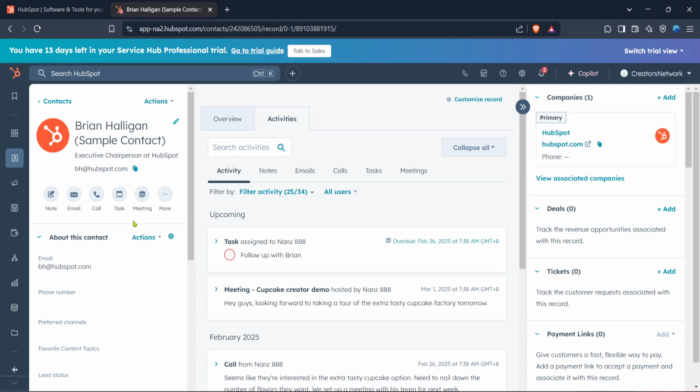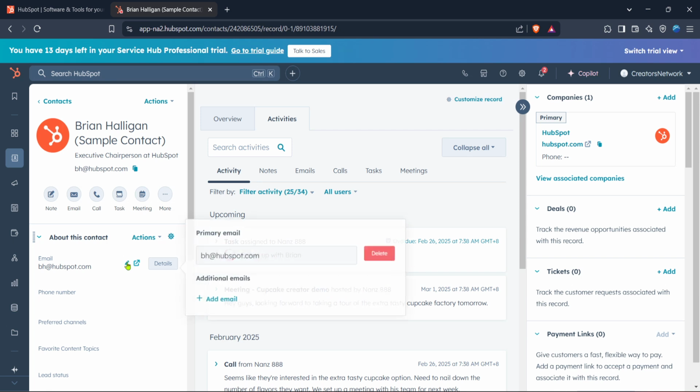Enter the new email address you want to store, ensuring there are no typos as you do so. Typos can cause miscommunication or lost emails, so it's critical to double check what you've typed. After you've entered the email addresses, remember to save your changes. HubSpot might prompt you to confirm these additions. Once confirmed, all the emails you've entered will now be linked to that contact profile, making them easier to manage